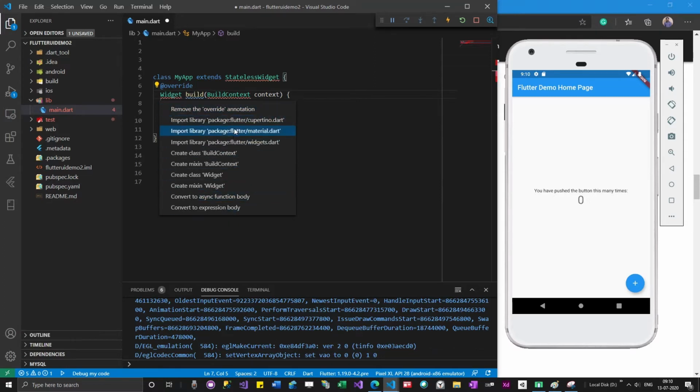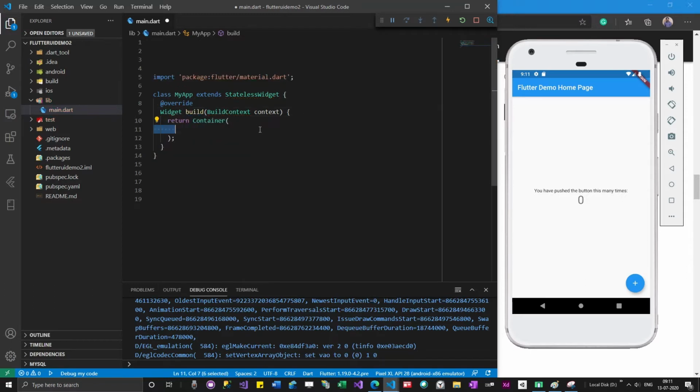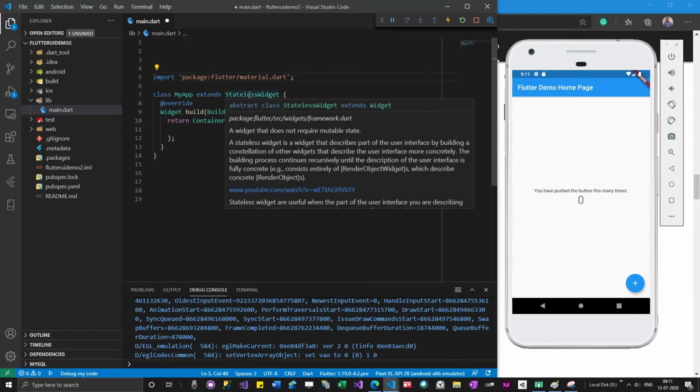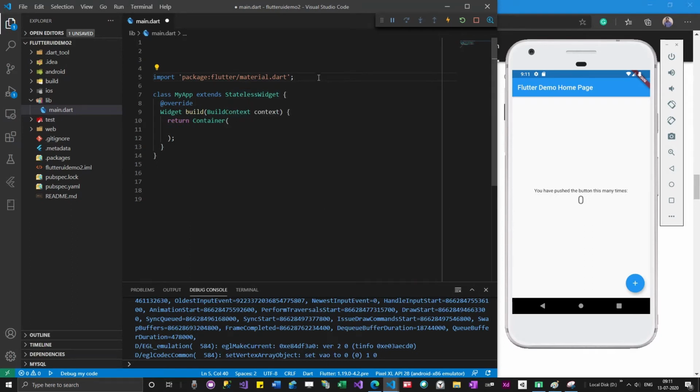As I already know, I need to import a library. I need to import material dot dart. I think you can also import Cupertino, which knows what is meant by stateless widget. I think you have to do this for Mac development. Mac development is like, you can still use material dot dart also, which will internally be calling Cupertino. So just go with this. Don't worry about why exactly we are calling this. Don't worry about those things. As time passes on, you will know the stuff.